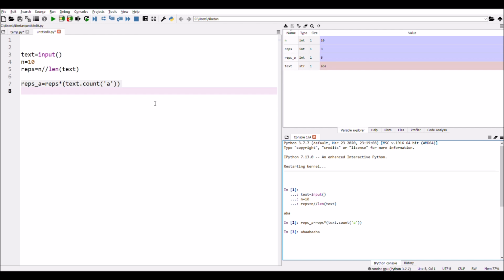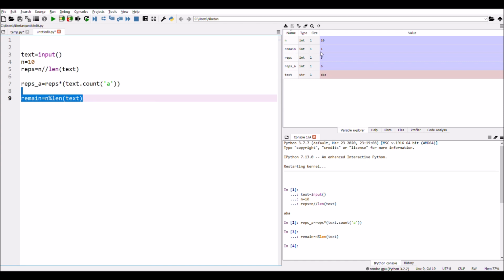We can find that using remain equal to the modulus division of n by the length of text. So it gives us 1.